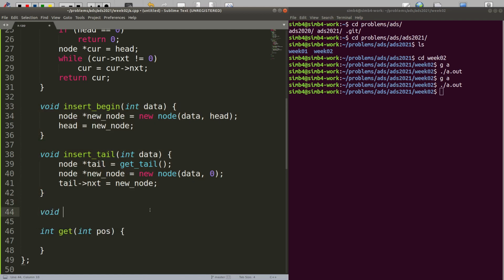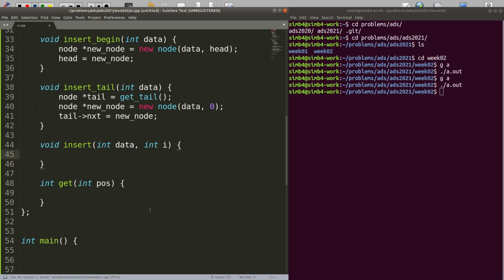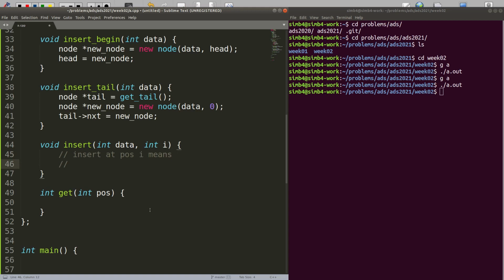And now finally let us try to insert, just to clear, insert in data int pos. What we're inserting and where should we insert it. So let me specify what that means. Let us say I, for example. So what does that mean? We're going to insert at pos I, which means put the element with data at position I,